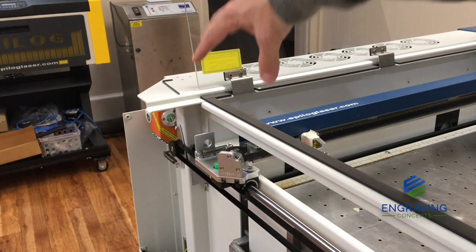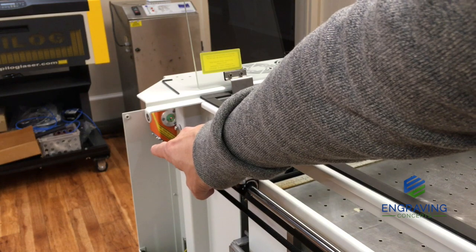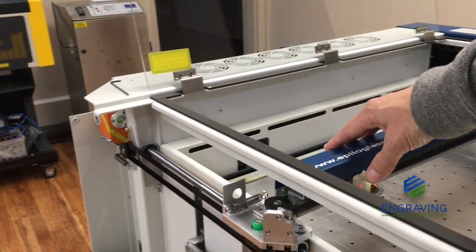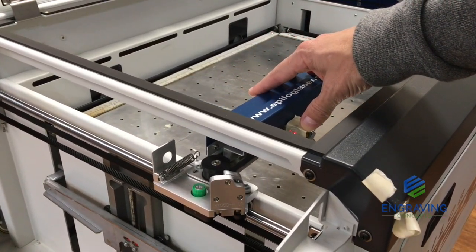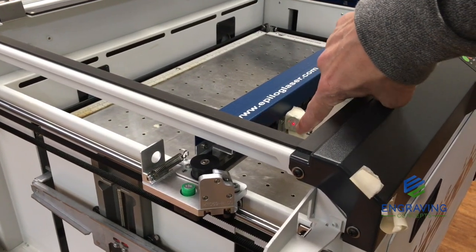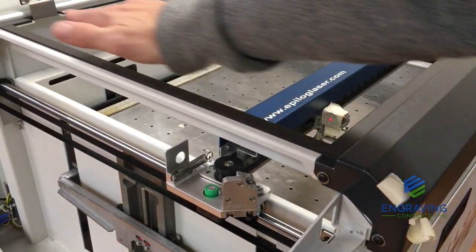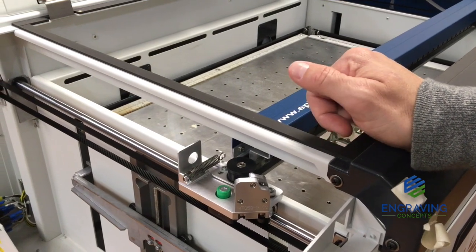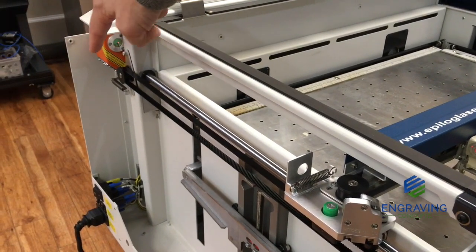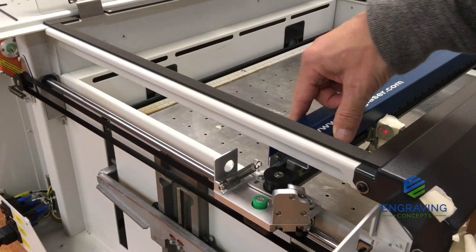As the lens assembly is in the upper left-hand corner, we're using only the alignment screws of mirror number 1, which is the mirror on the bottom. Then we move the laser's lens assembly to the front of the machine, to the lower left corner, and we're verifying that the laser beam is not moving, that it's staying in the center of our target here. If it stays in the center or parallel as it moves front to back, there's no need to go any further. If it is off, we're going to adjust each mirror in the assembly as it references the location in the correct corner. So again,